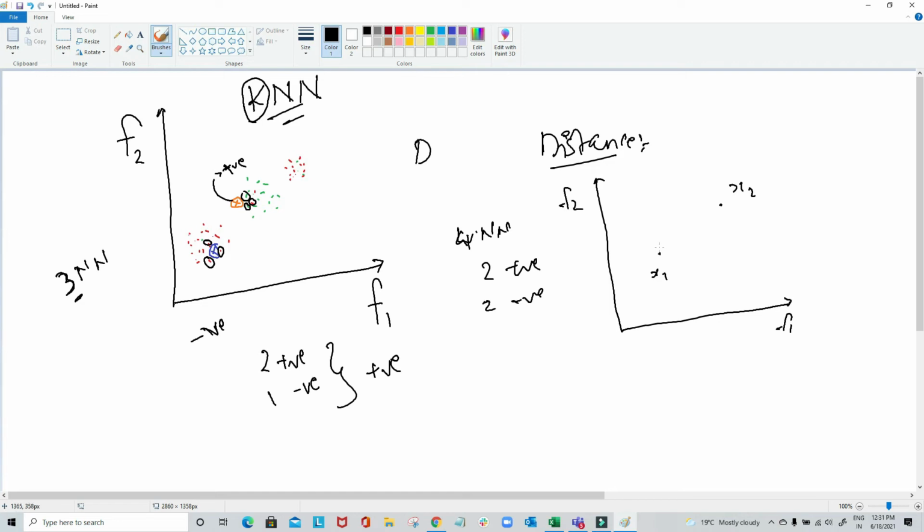The distance between them, as we studied in geometry, is d. Let this data point be represented as x11 and x12, and this be represented as x21 comma x22. So what distance says is it is the square root of